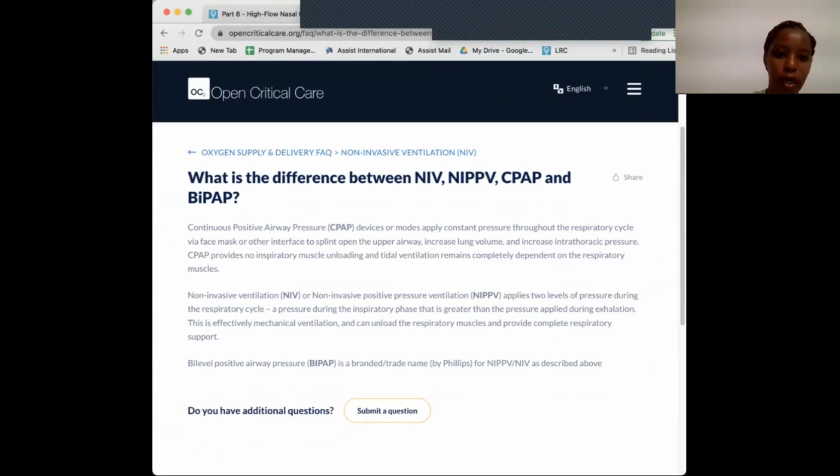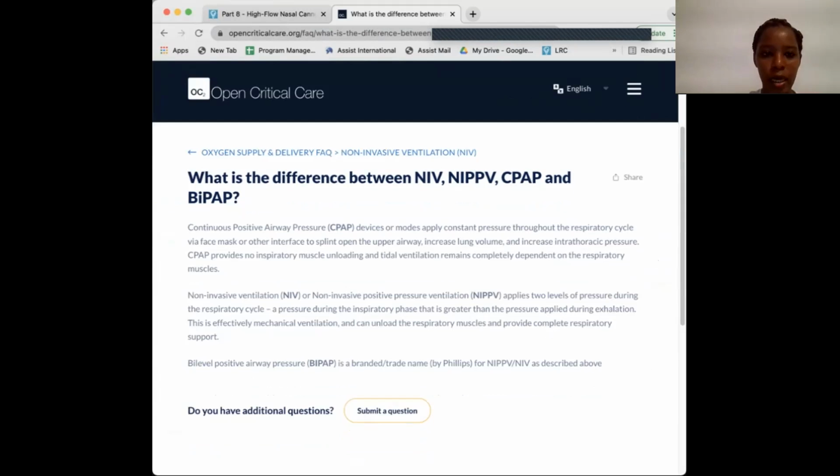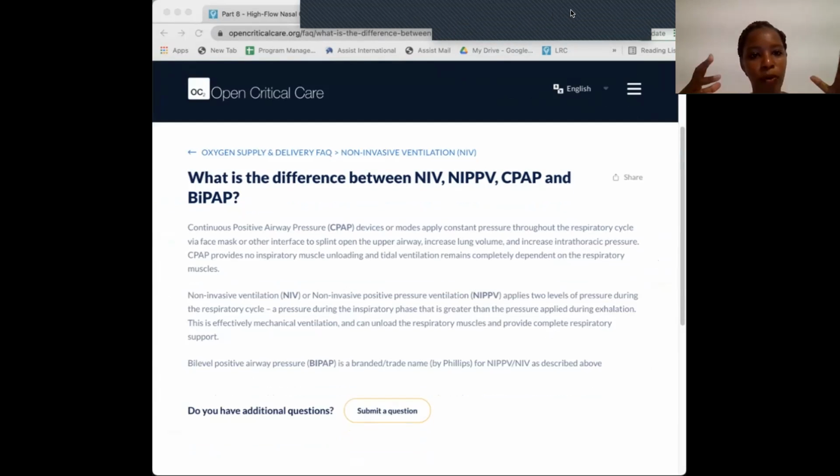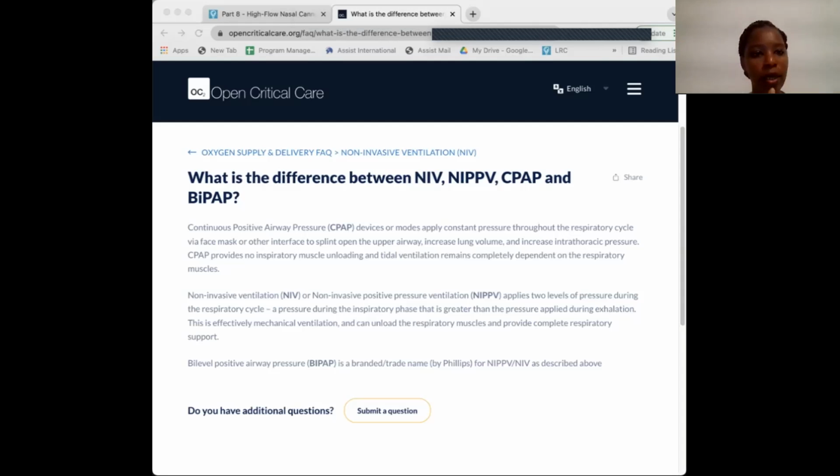So for this non-invasive ventilation, there are a few ways in which you can deliver this. It can be through a tight fitting mask. We can have some hoodies, where you have a hood of oxygen that gives a positive pressure. It can just be a simple mask that is giving the positive pressure. The two are differentiated mainly in that